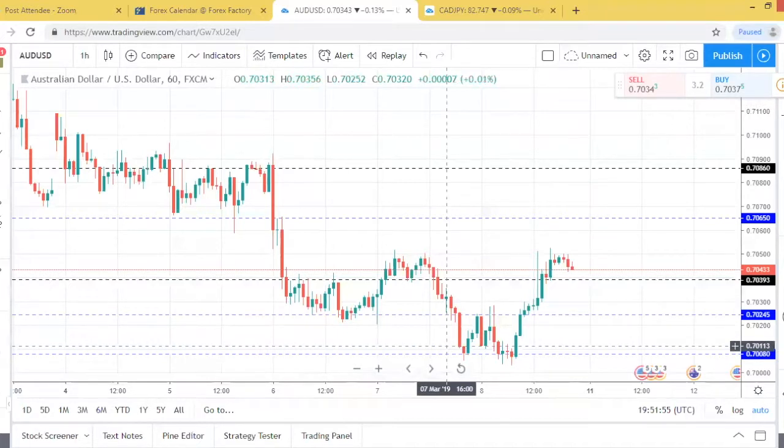The buyers have come into the market quite powerfully, and we've pushed ourselves back above that 70.40 significant price level. So I think there's some good opportunity for taking a counter trend movement to the upside,